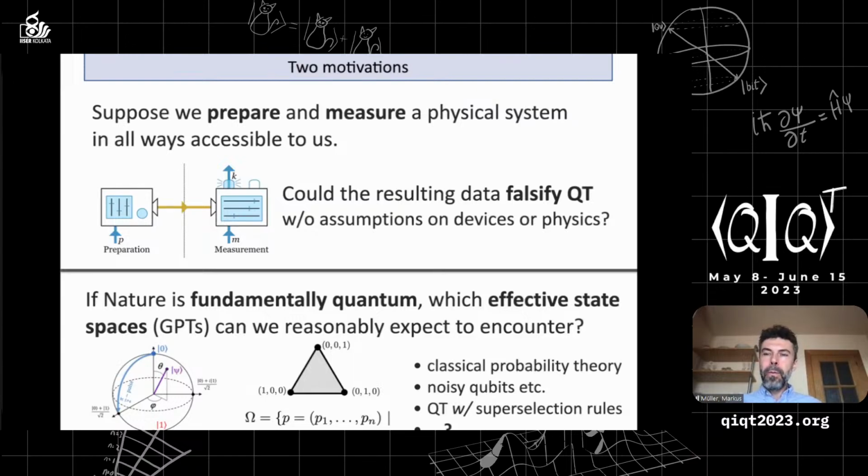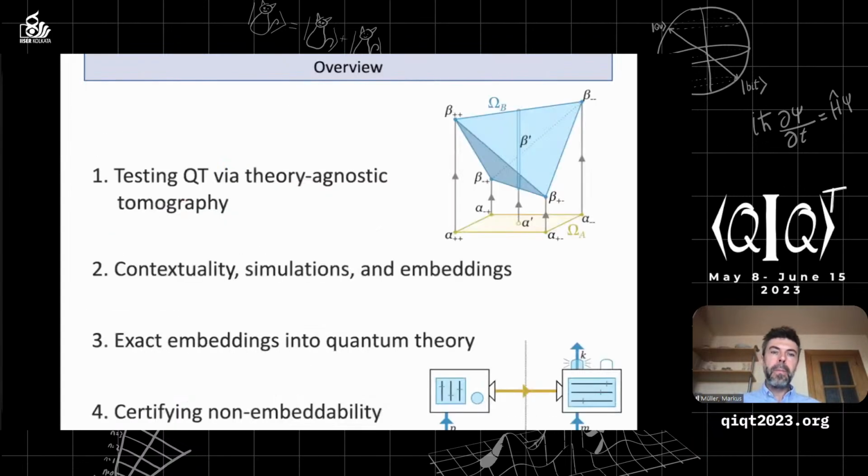And you can ask the fundamental question, well, which ones can we actually get? Or which ones can we in principle get or plausibly obtain in nature? Right. And the idea now is that once we answer the second question, we can then apply this by devising a test of quantum theory via what's called theory agnostic tomography. And so